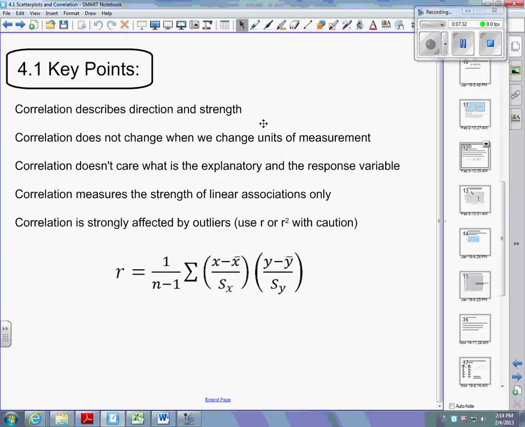Correlation does not change when you change units of measurement. You go inches to centimeters, correlation's the same. Correlation doesn't care what the explanatory and the response are, because you're just multiplying the two variables together. So it doesn't distinguish, and it's strongly affected by outliers. So with that,